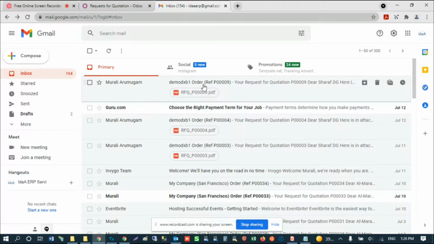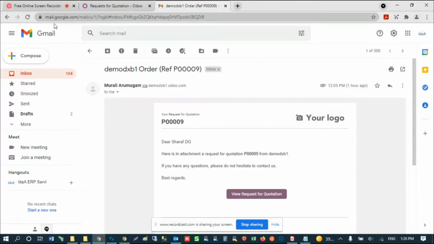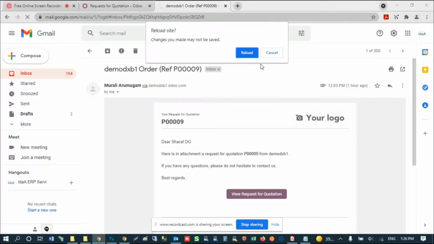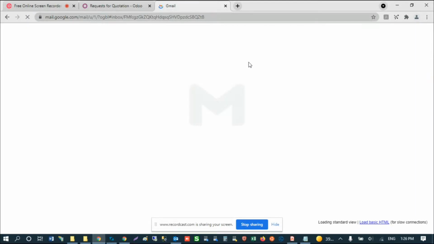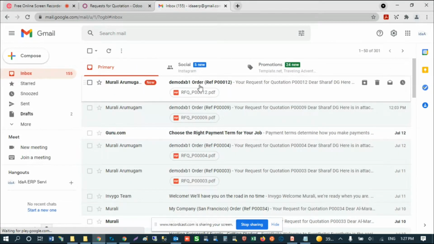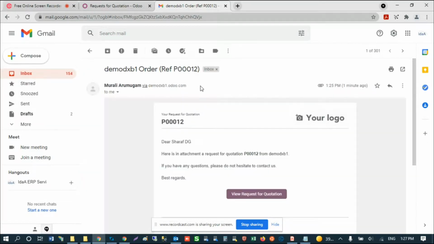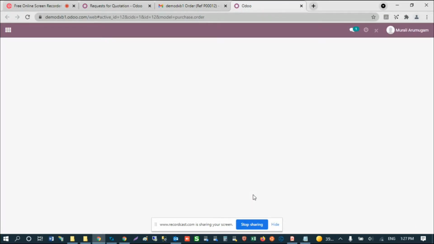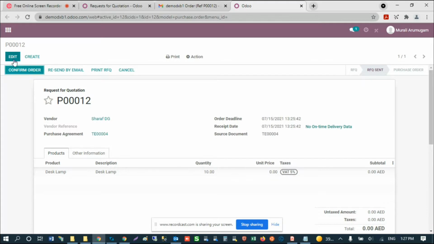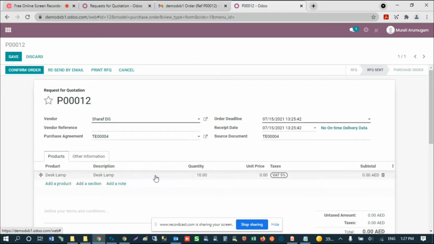So over here, for example, they would get this email. So the vendor would get an email from you, and he could actually click on that email, and he could fill in his best price.